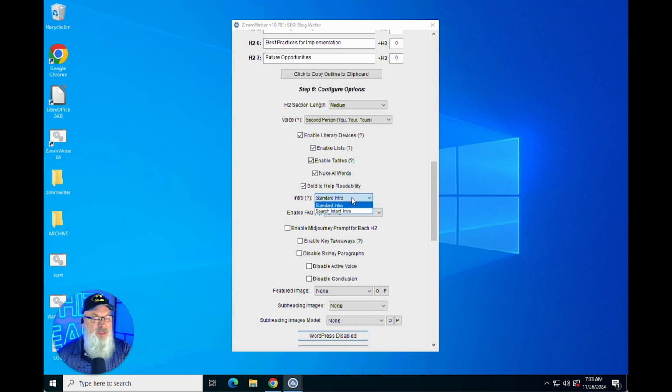Then for intro, I have two different options. In other words, as it begins this, is it going to do just a standardized intro, which is great, or is it going to do what's called the search intent intro? Because I want this to rank well, I'm going to do a search intent intro, and what that's going to do is